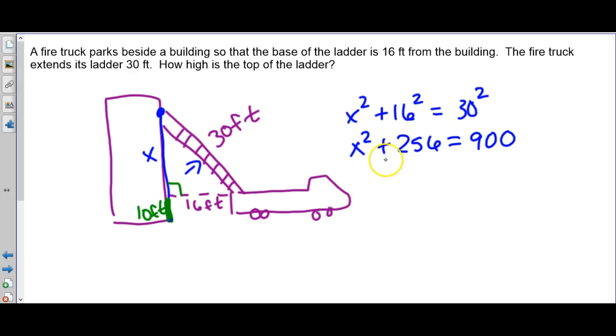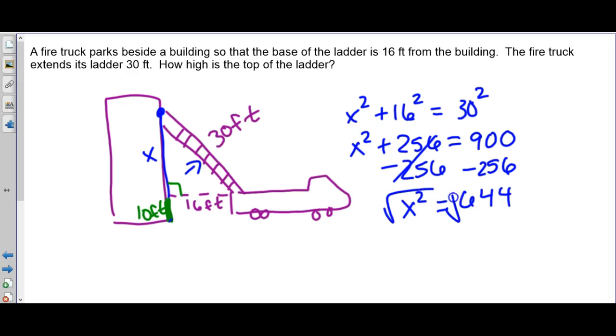We do our opposites again. Opposite of adding 256 is minusing 256. 900 minus 256 is 644. And then we square root. Again, using our calculator to square root